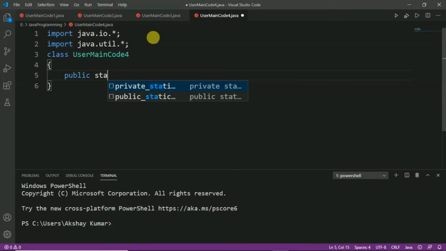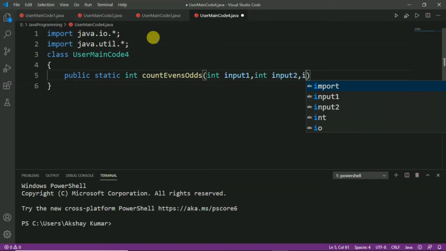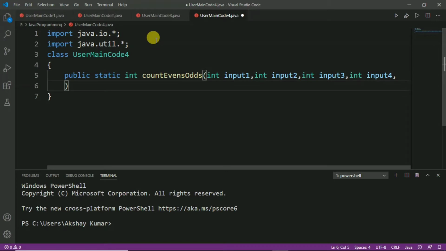So, let us write public static int and give the function name as countEvensOdds, and now we will pass the first 5 input parameters of type integer. So, let us write int input1, int input2, int input3, int input4 and int input5, and the sixth input parameter is of type string.